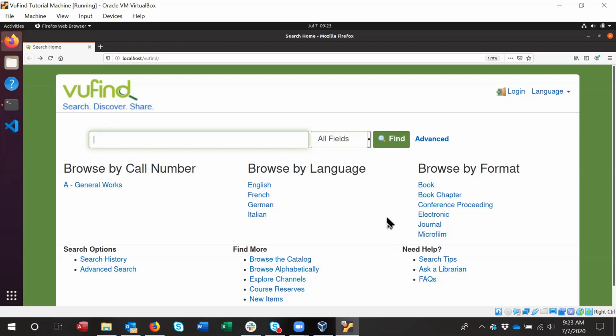In last month's video, we set up a web index. And so we now have a VuFind instance that has both a catalog of bibliographic records and an index of web pages, which brings up the challenge of how to allow users to search both of these things. Fortunately, VuFind includes several mechanisms for combining searches, and these mechanisms can be used separately or in combination depending on